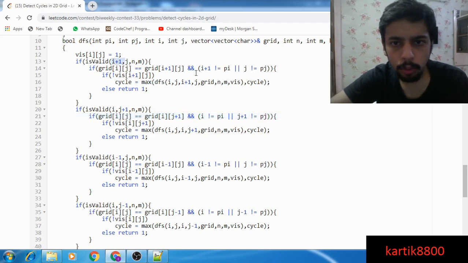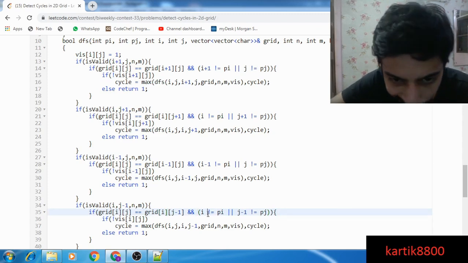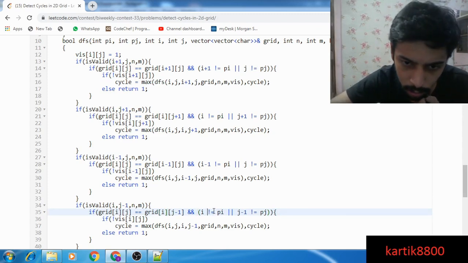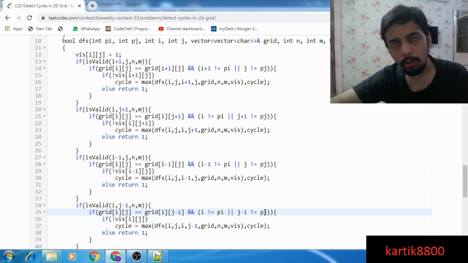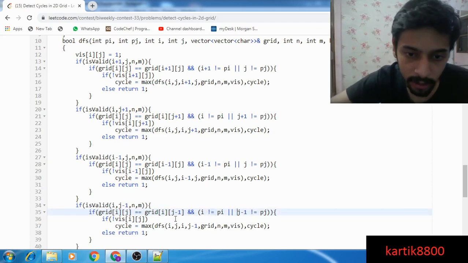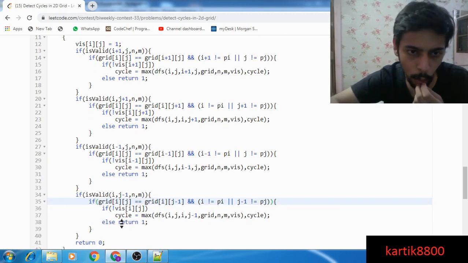Yup. i plus 1 to pi, j to pj. If this is not equal to pi or this is not equal to pj, any of this is true. If both of these are false, then this evaluates into false and this particular if statement fails, which is what I want.